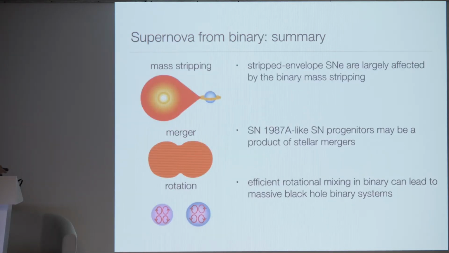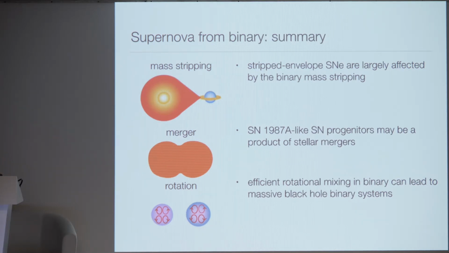So that was an overview of how the binary system can change the way a star evolves and becomes observed as supernovae. And yeah, one obvious way was mass stripping. More mass can be stripped by the existence of the binary star. If they merge, that can lead to a very different configuration of the star